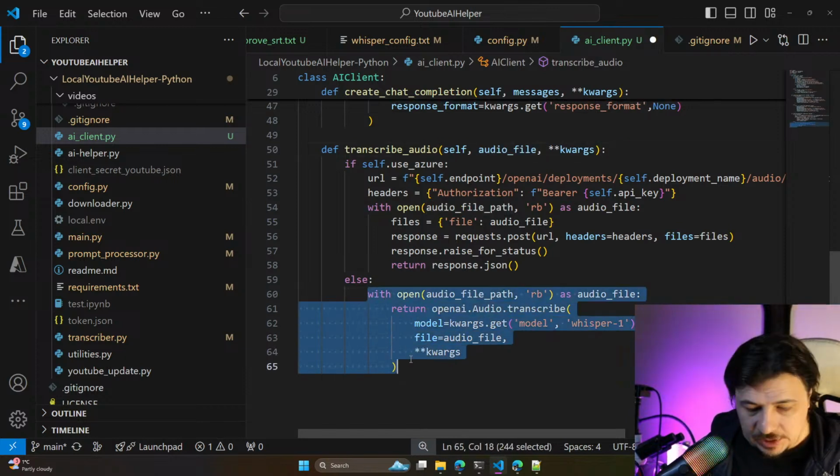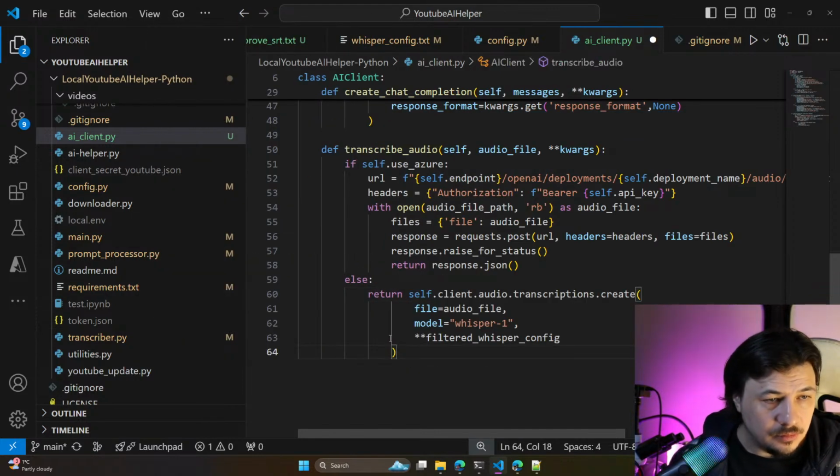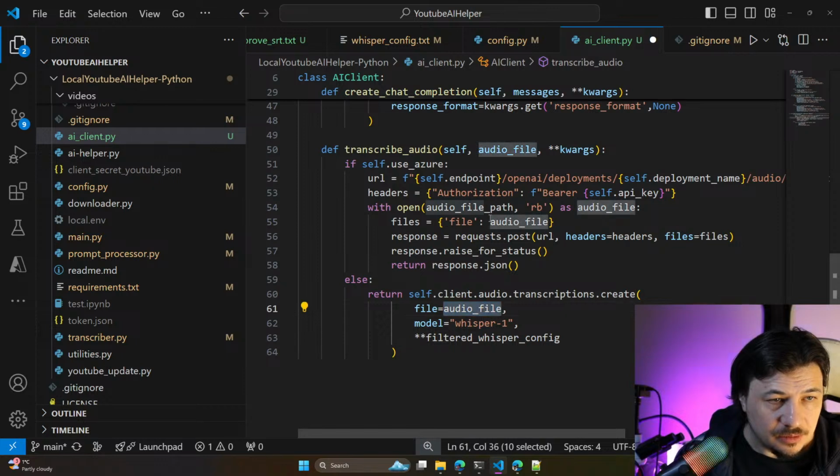Let's just say return self client audio transcription create, file audio file, model whisper, filtered whisper. Works.